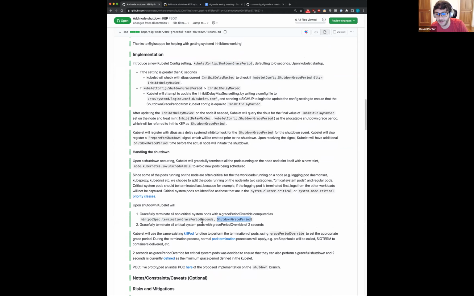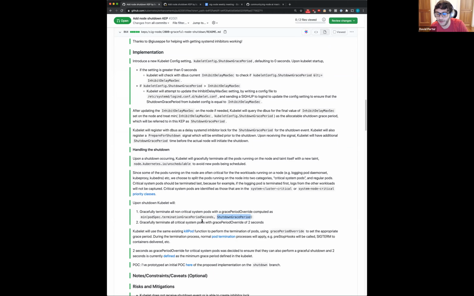So the idea here is that we want to handle some cases like preemptible VMs, for example, on cloud providers that provide only like 30 seconds for a VM to shut down. Each cloud provider has its equivalent to that, or 2 minutes or something like that. And so your pod spec might actually request more than that. So the proposal here is that we'll just give as much as we can, whether that's the shutdown grace period that the cloud provider provides, like 30 seconds, or whatever the pod spec is. So the minimum between those two.